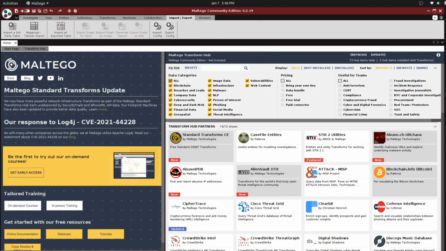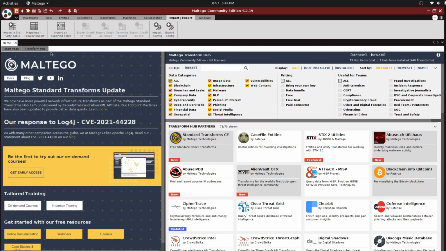Now, if you see the icons at the top, if you hover your cursor over them, you will be able to see what the option is: create a new graph, share new graph, open Maltego graph file, save as, undo, redo, and the following options. So first of all, let me explain how to begin with this.